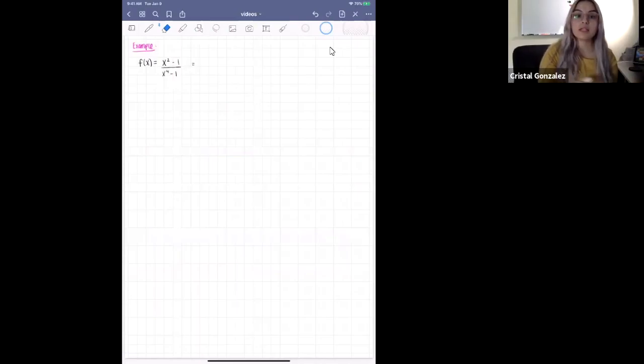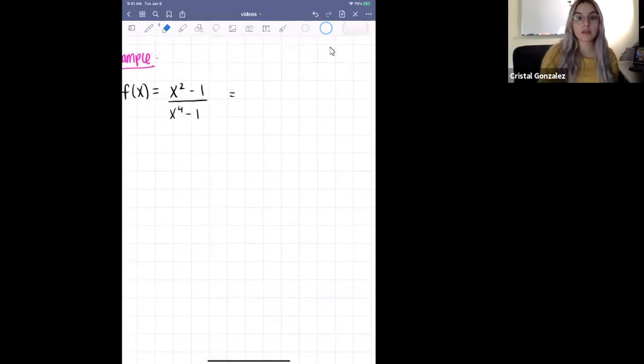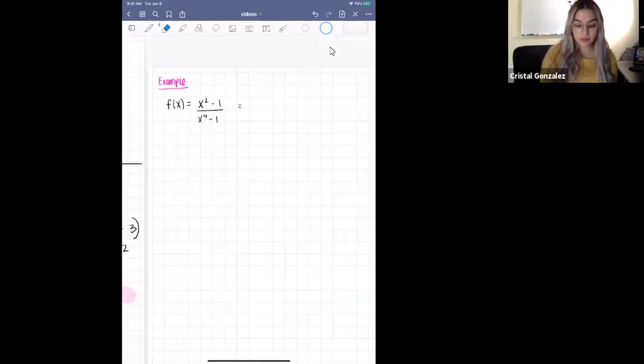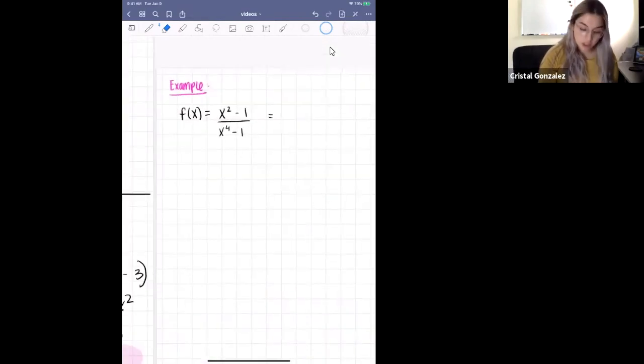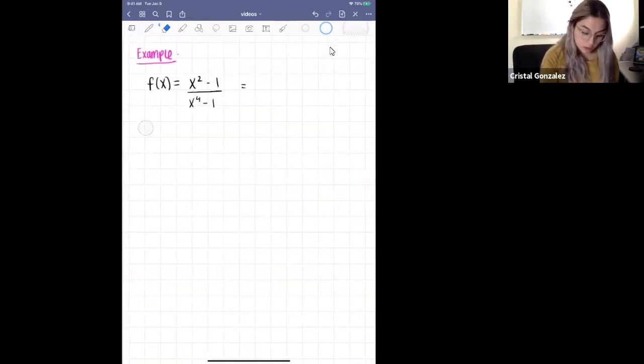So let's do a different example. Let's do a rational function. So let's consider that we have the rational function f of x is equal to x squared minus 1 over x to the fourth minus 1. Now, for this function, the first thing that we want to do is we want to